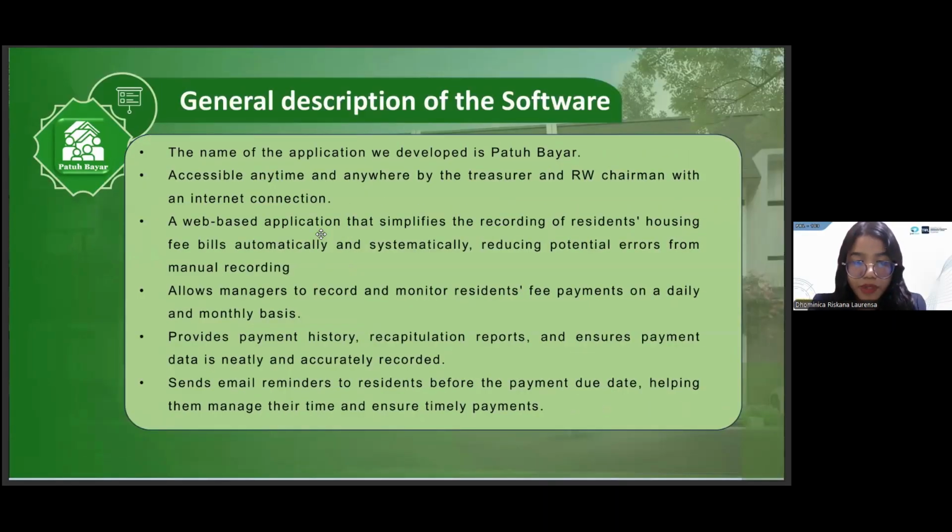A general description of the software. The name of the application we developed is Patuh Bayar. Accessible anytime and anywhere by treasurer and environment with an internet connection. A web-based application that simplifies the recording of resident housing fee bills automatically and systematically, reducing potential errors from manual